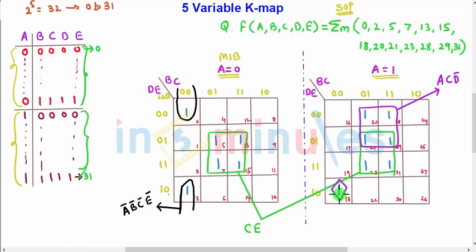So I am choosing a diamond shape to show a group of 2. You can name this group as, since we are overlapping these two K maps of 4 variables, the A bit will vanish, and if you go straight upwards, BC will be common, so BC both are 0 0, so it will be B bar, C bar, and if you go straight leftwards, both the bits are common again, that is nothing but D and E, D is 1 and E is 0, so it will be B bar, C bar, D, E bar. And if you add these four groups, then you will get the reduced equation for the five variable function A, B, C, D, E.